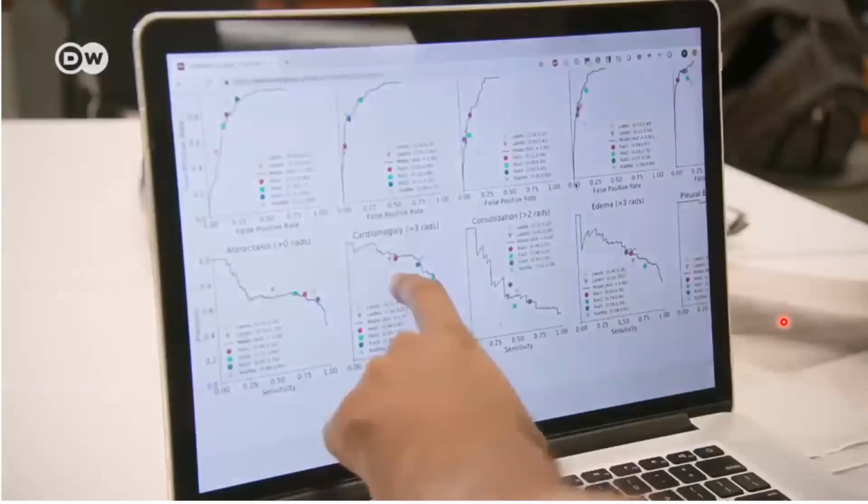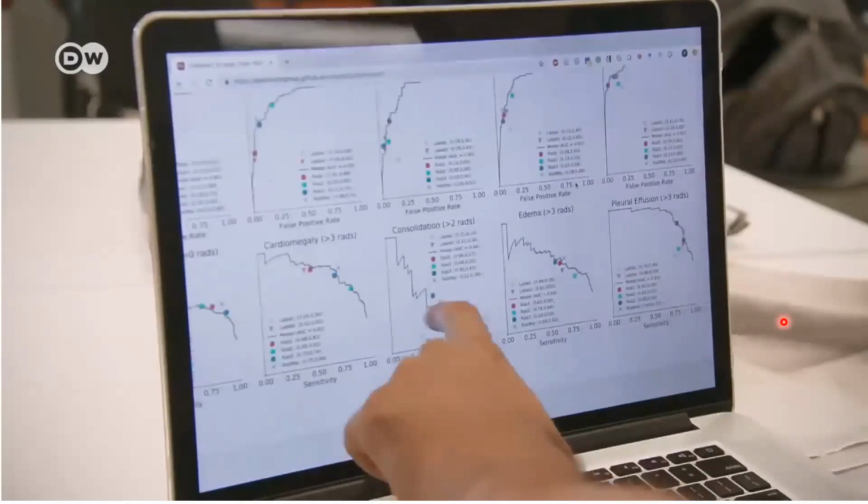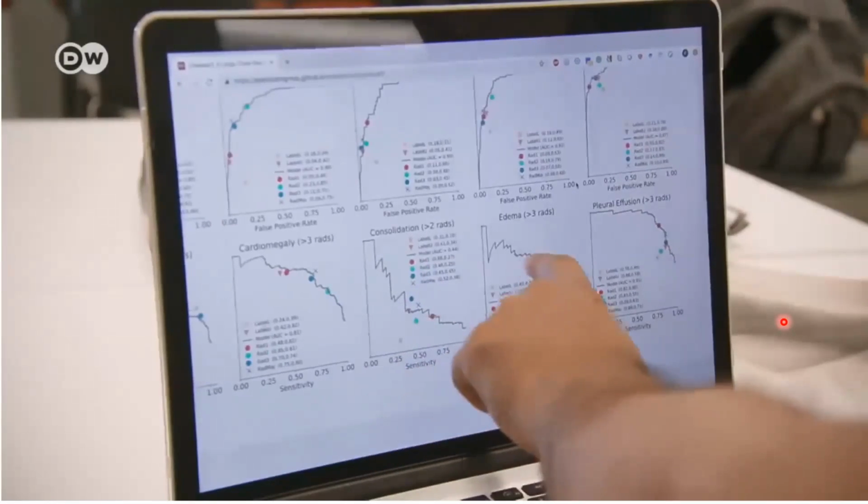And then we repeated the experiment, this time using a data set from Stanford, which we recently released, which is 200,000 chest x-rays. And then we had a similar setup where we had 3 subspecialty radiologists. These are very uncommon, very trained radiologists to decide what the ground truth for a particular set of images was. And then we compared general radiologists to the algorithm at the task and found that they had similar levels of performance. So these are all Stanford radiologists, so they're trained. They should be good.